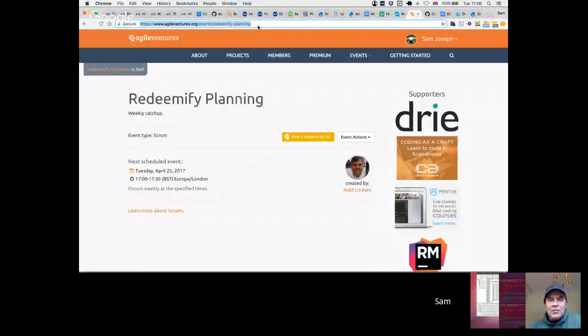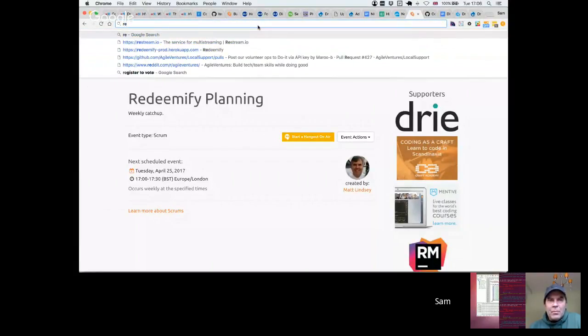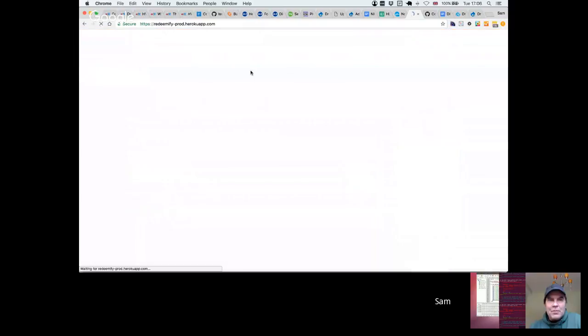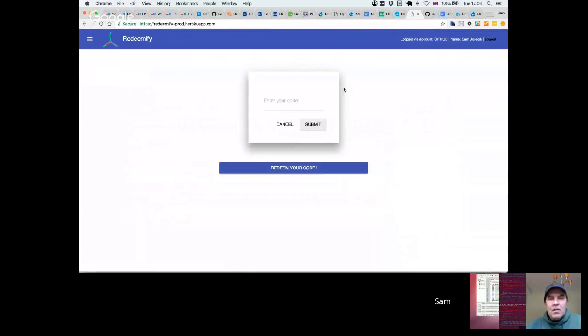Anyway, here it's Sam and Michael and Matt and Alex coming and going. We are here nominally to talk about Redeemify Planning. The production server for Redeemify, Matt, is up. Is it? It's up. I think I logged into it the other day. Yeah. GitHub, and I can show you how to log in to the admin interface. And from there, you can log in as the different types of users. Right. So here I am in Redeemify Prod. If you just go /admin,